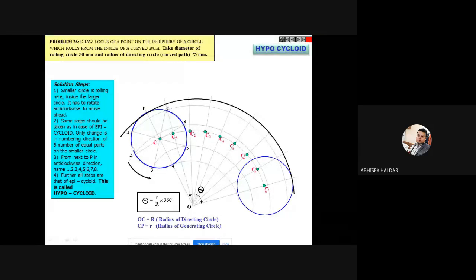Be careful while you are giving the names, this division names 1, 2, 3, 4. Don't by mistake give it from this side. If you give it from 1, 2, 3, 4 like this, you will be confused while you place these C1, C2 points. You will not get the correct result. So that's why this naming always depends on the circle on which it is rolling, and on which direction it is rolling, clockwise or anti-clockwise. Here, in case of hypocycloid, as we can see my rolling circle is rolling anti-clockwise, so my naming also should go anti-clockwise like this. Fine? Is that clear up to this?